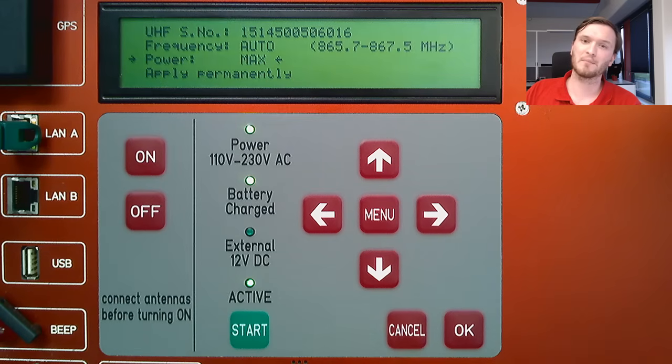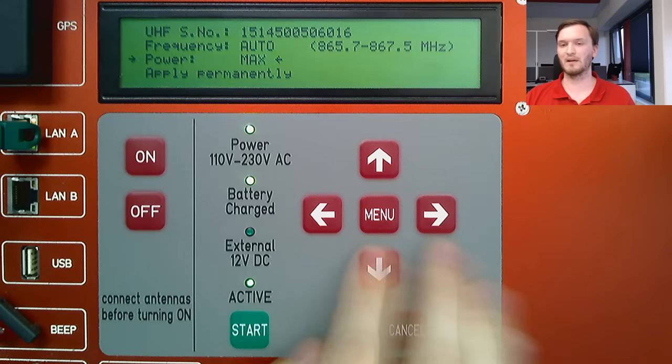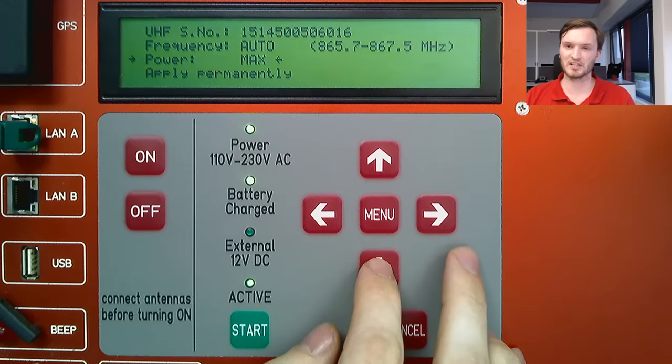If you're at a big marathon with thousands of people picking up their bibs, you may have a chip check station where they can walk up and check their chip is reading and allocate it to their number correctly. Now, if this is on max and you're using side antennas or even sometimes the floor antennas, you can pick up every chip in that expo center randomly, and you don't want that. So in that case, you may want to adjust the power setting so you can just select people you need